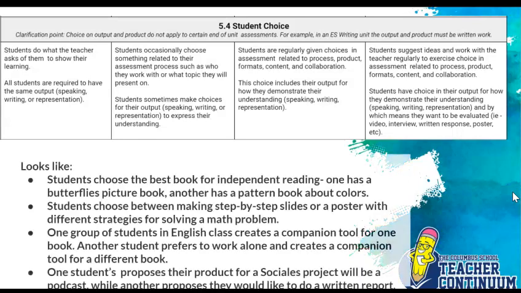In an environment closer to the right side of the continuum, this might look like students choosing the best book for independent reading. One might have a butterfly picture book, while another has a pattern book about colors. Students choosing between making step-by-step slides or a poster with different strategies for solving a math problem. It might look like one group of students in English class creating a companion tool for one book, and another student that prefers to work alone creating a companion tool for a different book. Or one student proposing their product for a Sociales project as a podcast, while another proposes that they'd like to